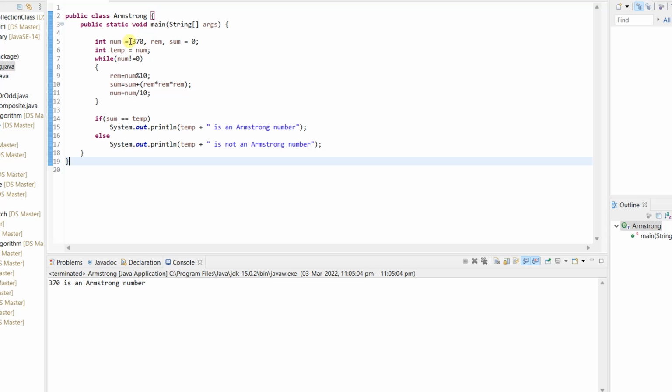We have given the number here itself, or else you can use the Scanner class and get the value from the user. So the number is 370. It is an Armstrong number. Now if you give 153, again it's an Armstrong number. We'll check with 567. It should not be an Armstrong number. Yes,